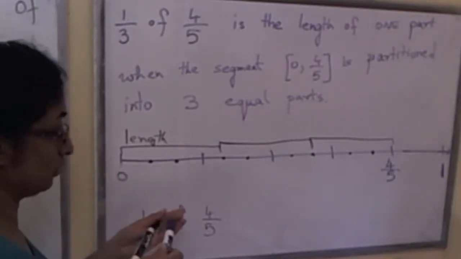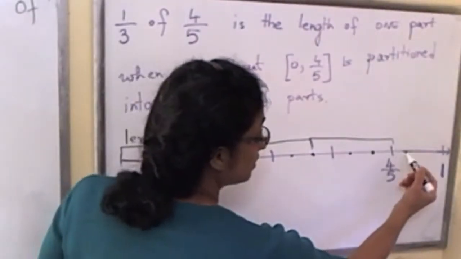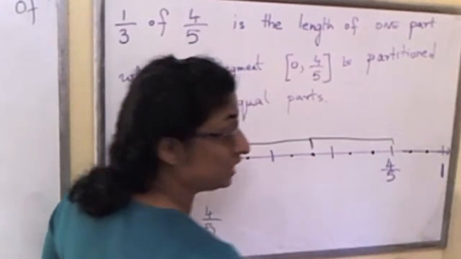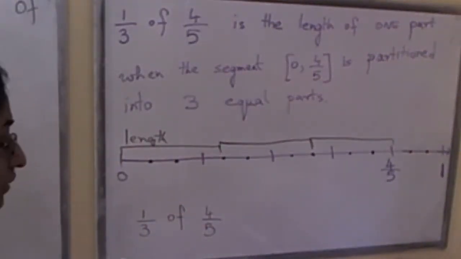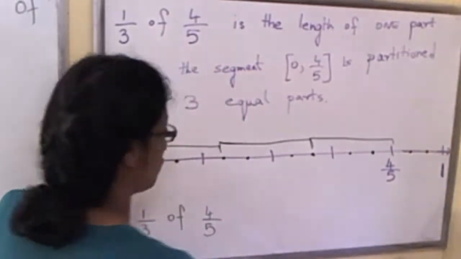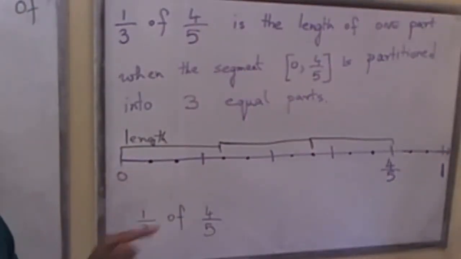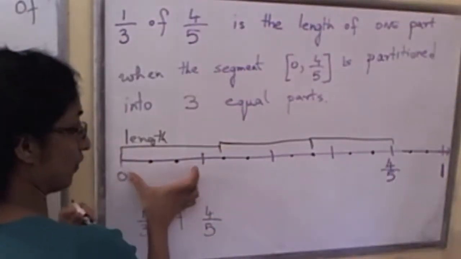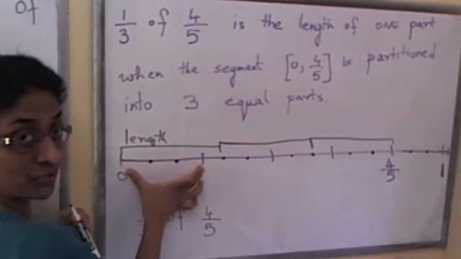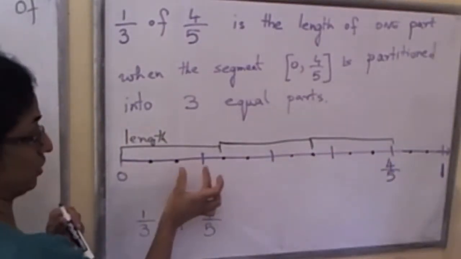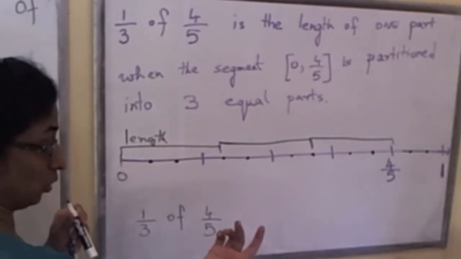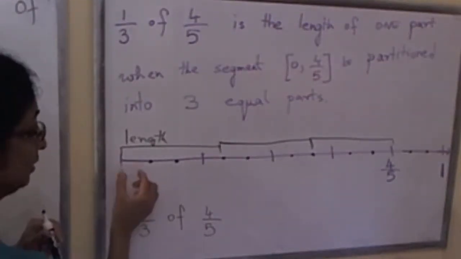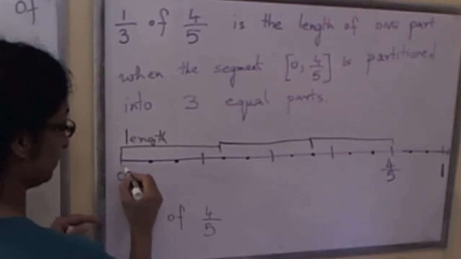To see that, it would be easiest to go ahead and partition this last fifth also into 3 equal pieces. Now what we notice is the unit segment is now partitioned into 3 times 5 number of pieces. Originally we had partitioned the unit segment into 5 equal pieces, and now each of those fifths is partitioned into 3 equal pieces. So overall, this unit segment is now partitioned into 3 times 5 pieces. And so the length of one such piece, this piece,